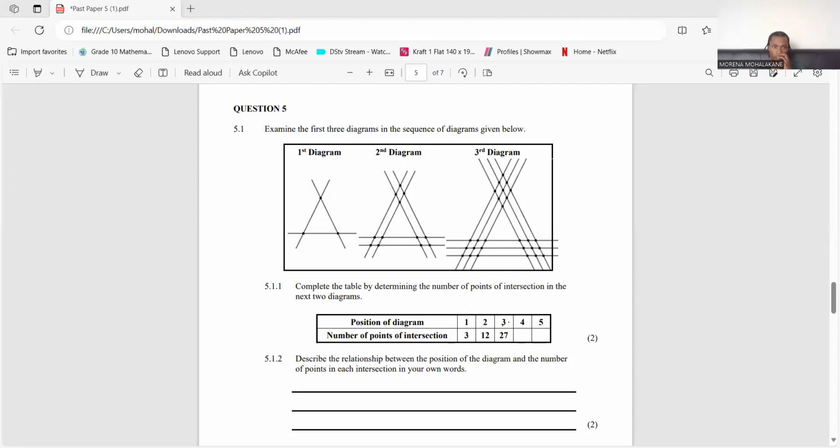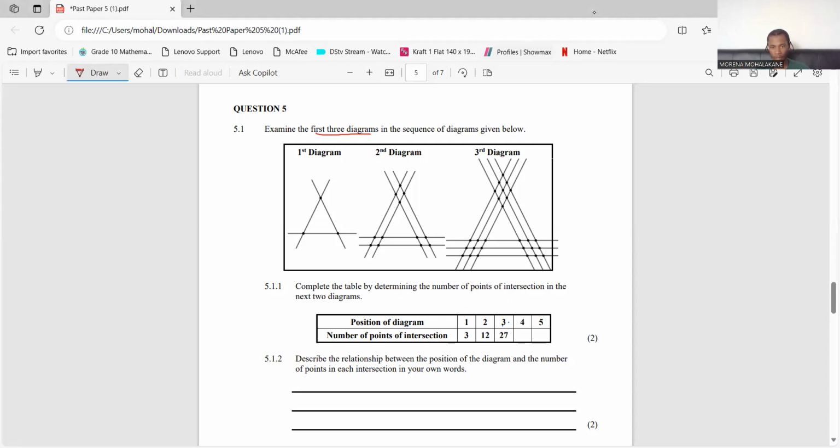That's looking at question 5. These are number patterns, right? So you examine the first 3 diagrams given here. You are required to complete the table by determining the number of points of intersection in